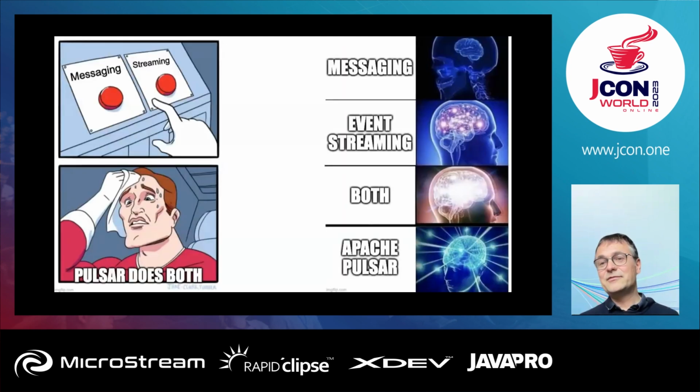So does it mean that you have to choose between messaging and streaming? Or do you have to manage two different platforms, one for messaging and another for data streaming? Well, that's not a dilemma with Pulsar. You can do both using the same platform, the same technology. So with Pulsar, you have only one SDK to learn when you're a developer, and you have only one broker to manage in production. So how is it possible for the same broker to manage both messaging and streaming?